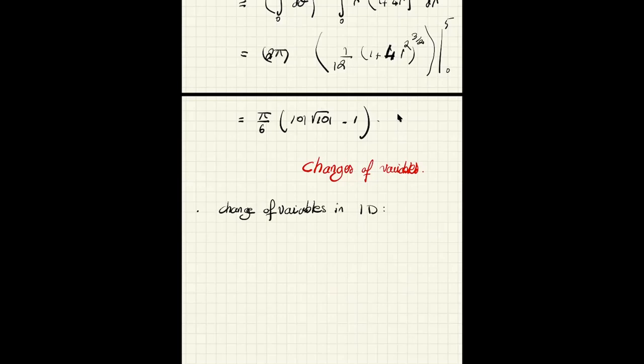So remember what happened. You used to have a function. You integrate from A to B, function f(x) dx. And the change of variable allowed you sometimes to compute this. What you do is you find a function, x is a function of u, x = g(u), and then you integrate with respect to u, from c to d, right? But